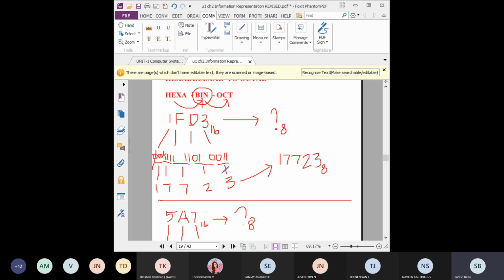Likewise, hexadecimal to octal. Binary will be treated as an intermediate. So hexadecimal to binary means you will get four equivalent digits. You write all the four digits, then make them three combinations, because we need to convert to octal. Octal numbers you can easily convert from three binary digits. So first three, next three, like this you split and convert. This is equal to 3, then 2, 7, 7, 1. So the answer is 17723. Students understood?